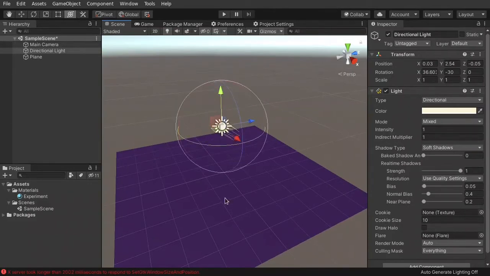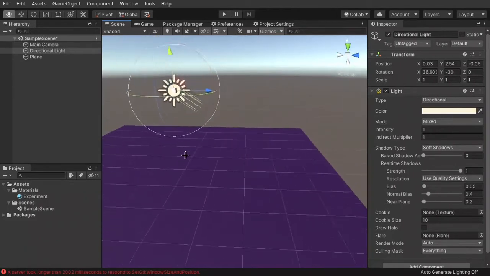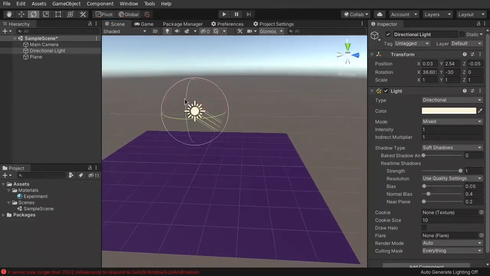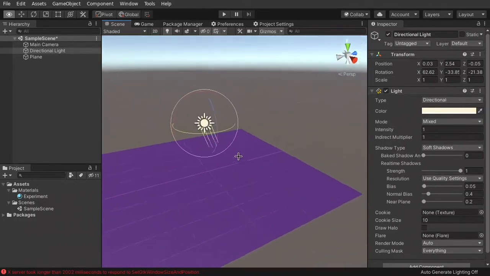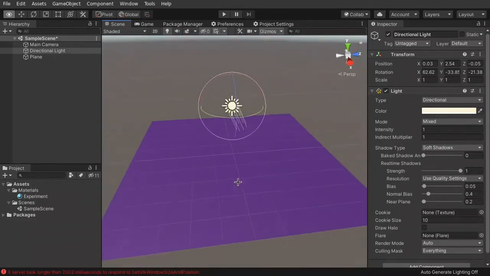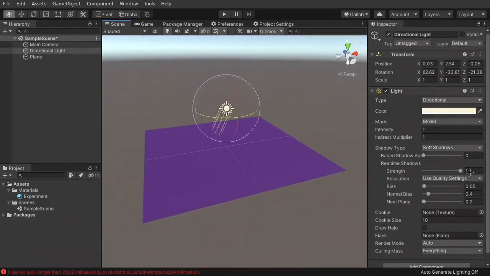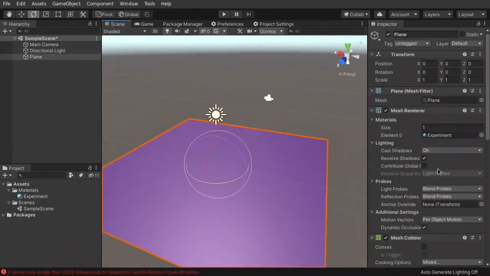Now the light is not yet shining directly on the surface. This is a directional light and it has a direction here. So if you rotate it slightly, it might have a better angle, so the surface will be more lit. So if the light is shining directly on the surface, then the brightness will appear more bright as you expect in real life. So this material is kind of boring because it looks the same from every angle, right? Because we have only defined this